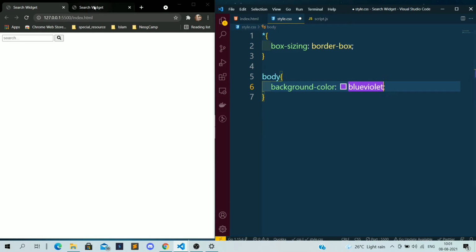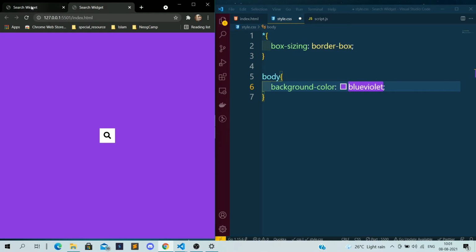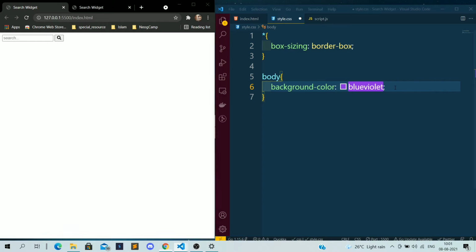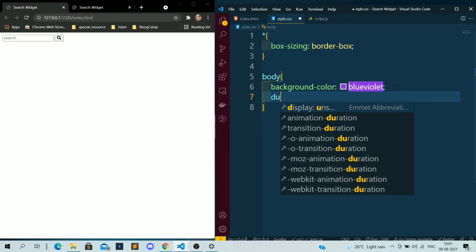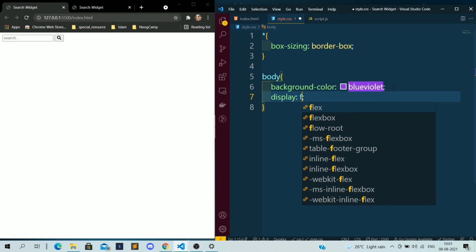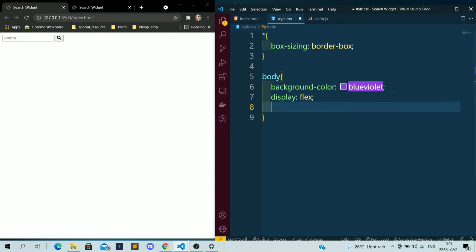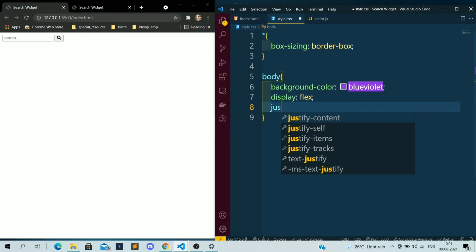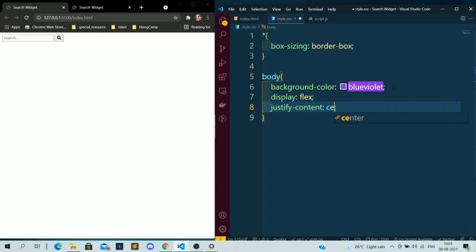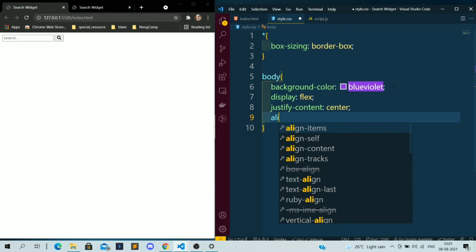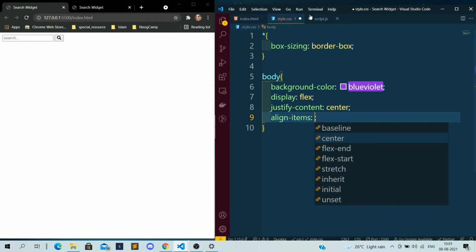Display flex, justify-content center, and align-items center, because I want the search icon and input to be in the middle of the page.